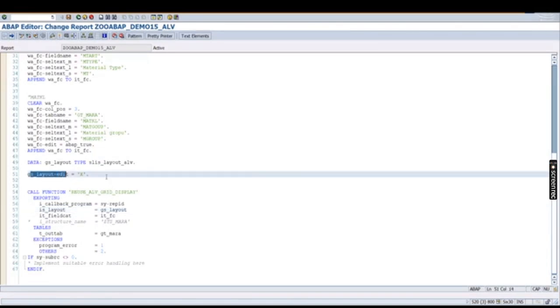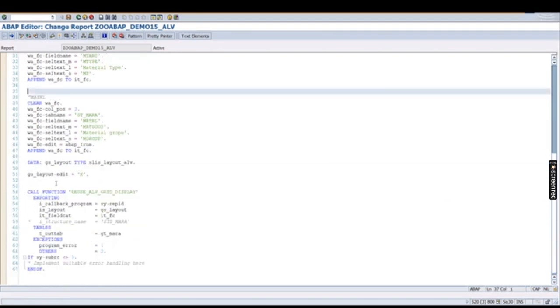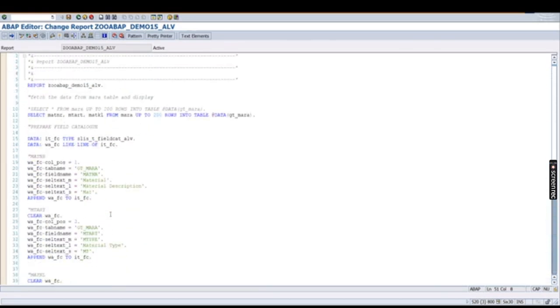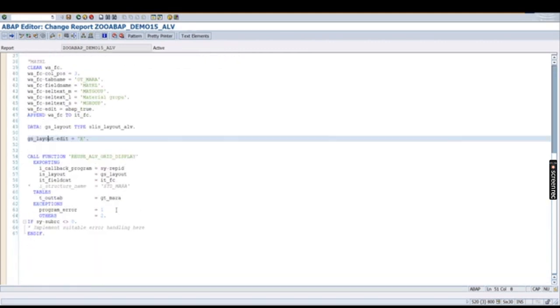Okay, so just to explore the traditional way of doing ALV programming, and from tomorrow I'm going to show you the object oriented way of doing OOALV programming. Here, if you want to make this interactive, that means if you run and double click over here,